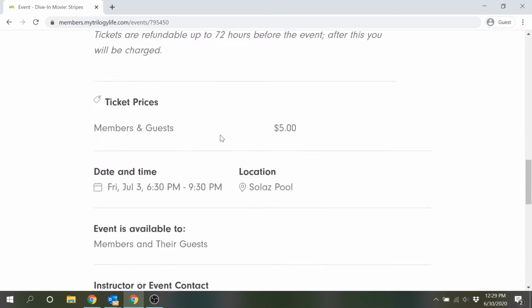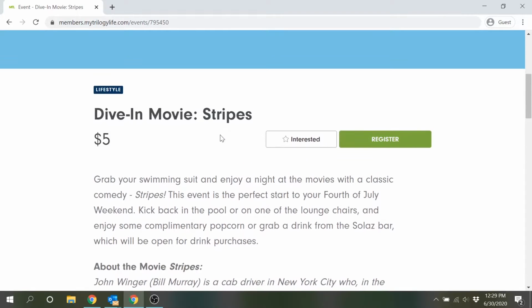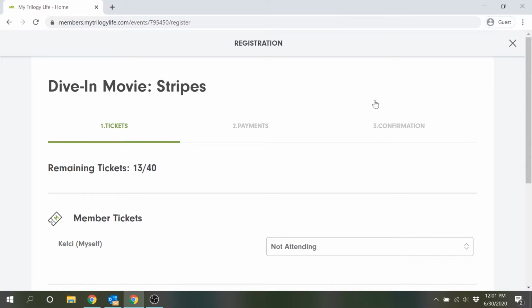Now once you've decided that you would like to attend the event, you're going to scroll back up and click on the register button. Now that will take us to the registration form where you'll first see how many tickets are still available for the event next to the maximum number of tickets. So here we have 13 tickets left available, which means there's plenty of space for us to register for this